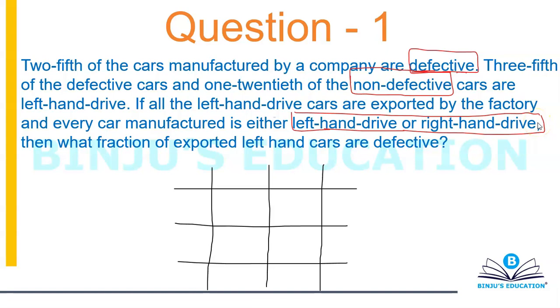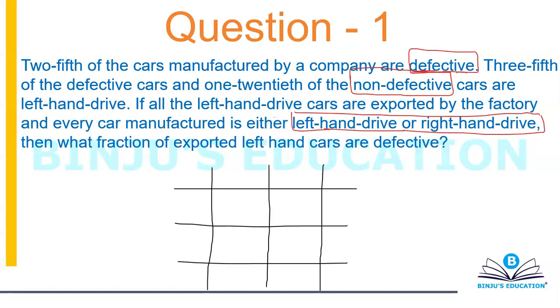Now if I go a step further than this, and if I'm going to use my logic, can I say a defective car can be a left-hand drive, a defective car can be a right-hand drive. Similarly, a non-defective car can be a left-hand drive, a non-defective car can be a right-hand drive also. Voila. So that means that my matrix can be completed. Because defective and non-defective have nothing in common, right and left have nothing in common.